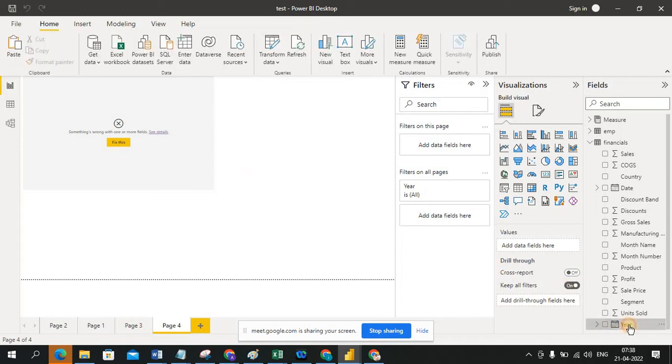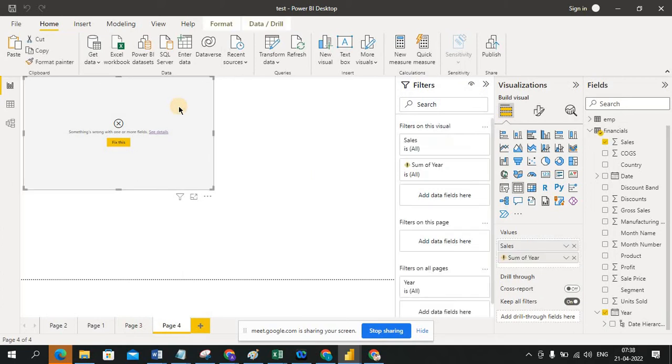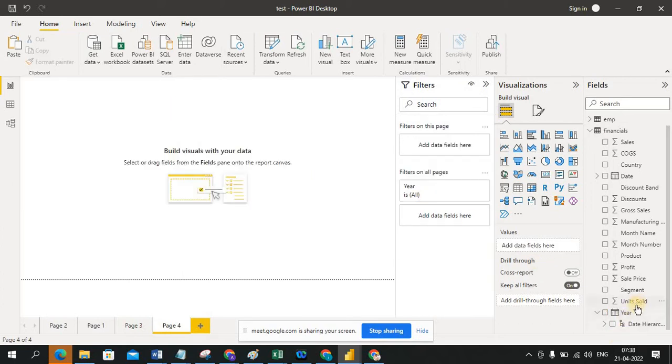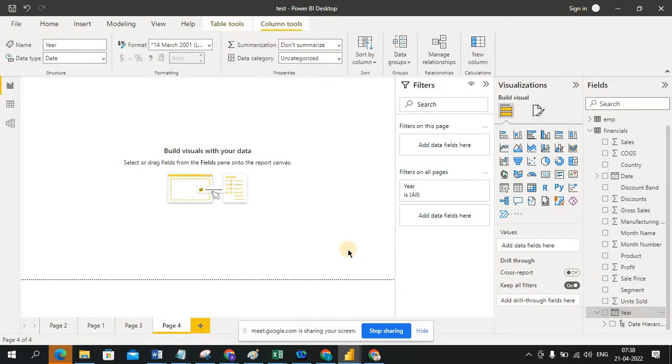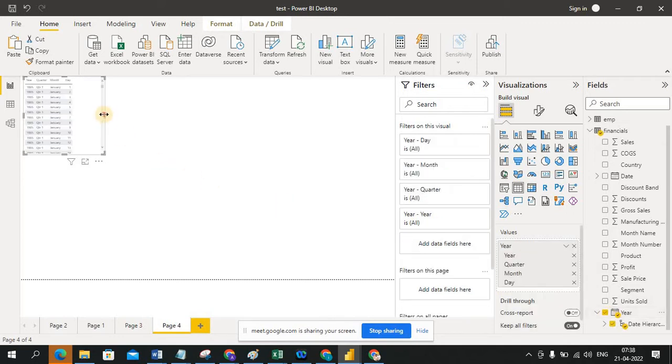Okay, so this is a format, actually the year has to be in year format. It should not be numeric, it should not be a number. That is my case here. So now I converted this year into a date format, because before it was in a number format where I could do some calculations. Now I am taking the table from the visualization and selecting this date. Okay, and the hierarchy is coming, so just